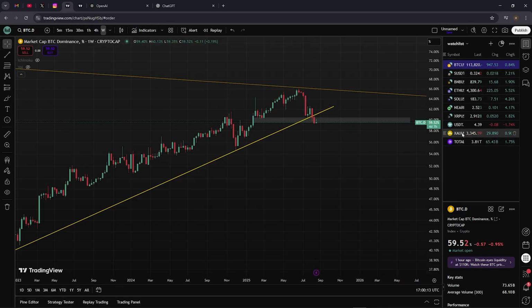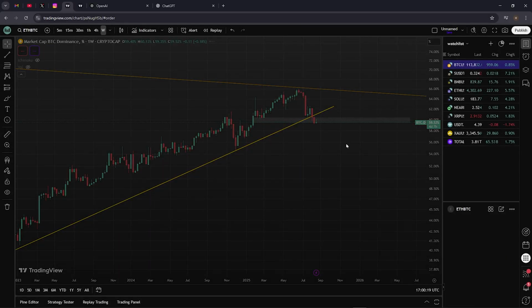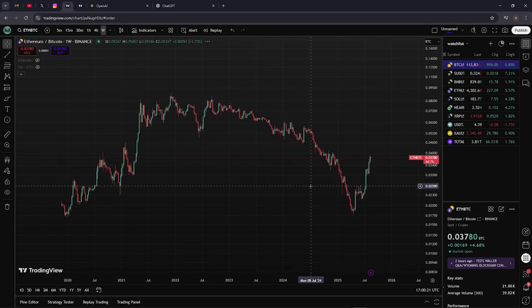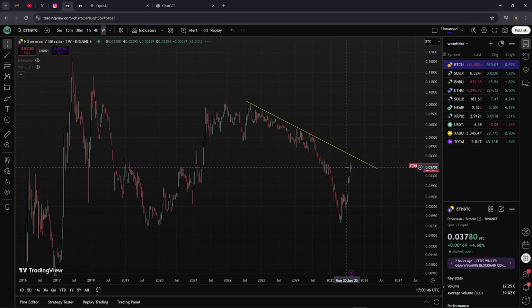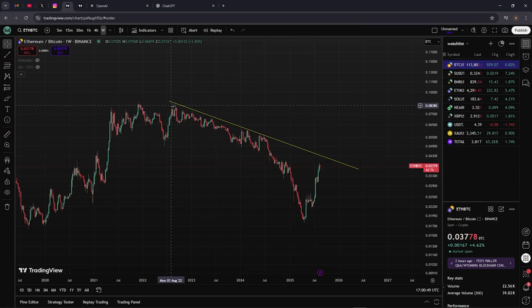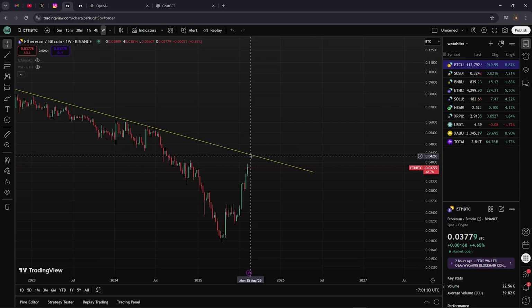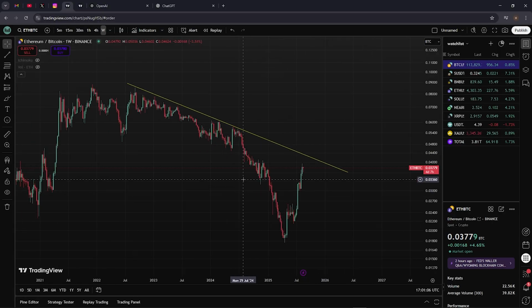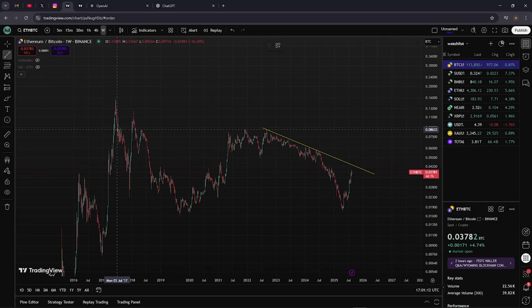So let's look at Ethereum against Bitcoin. If we take a look at Ethereum against Bitcoin, we can see that there is a dynamic trend line, and Ethereum so far has been respecting it, and every time it touched this trend line, it rejected it. So if something similar happened, I would imagine it would reject again, unless we see something like this,